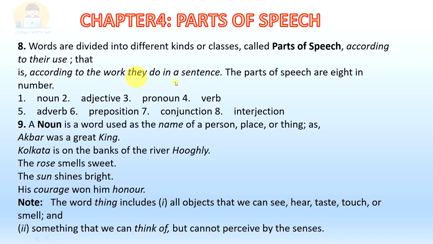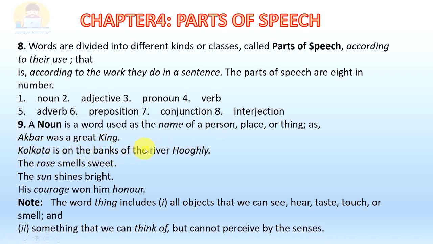The parts of speech are 8 in number. 1. Noun. 2. Adjective. 3. Pronoun. 4. Verb. 5. Adverb. 6. Preposition. 7. Conjunction. 8. Interjection. 9. A noun is a word used as the name of a person, place, or thing, as Akbar was